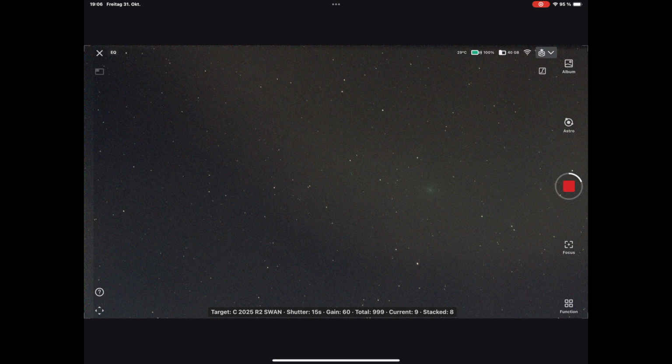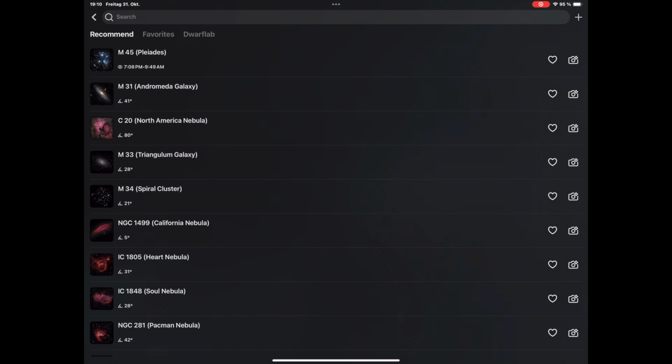Going to show you the screen recording in this video. And as you can see now, its target is C/2025 R2 SWAN. The information is down there. I'm going to cut that off now because I'm going to go through and show you how